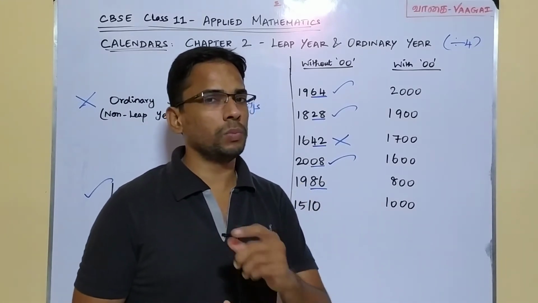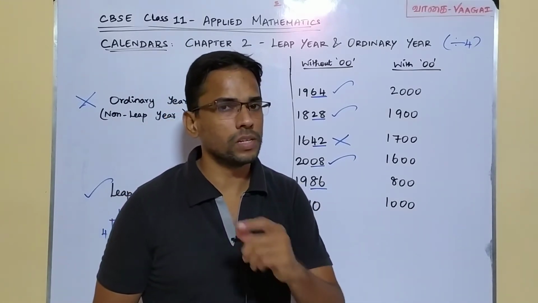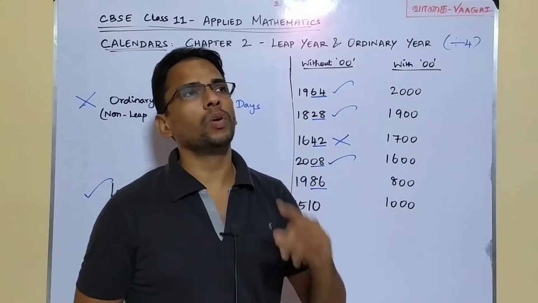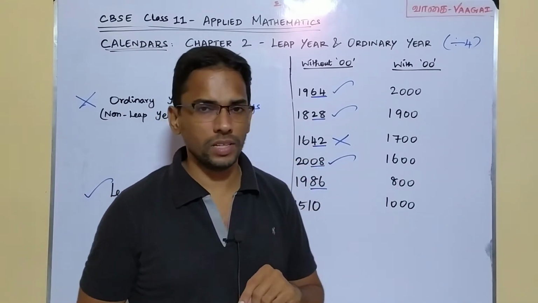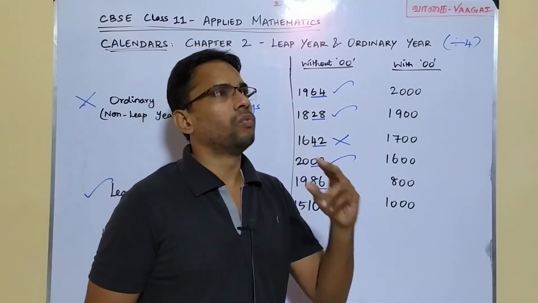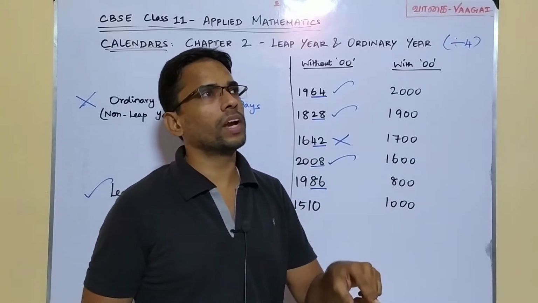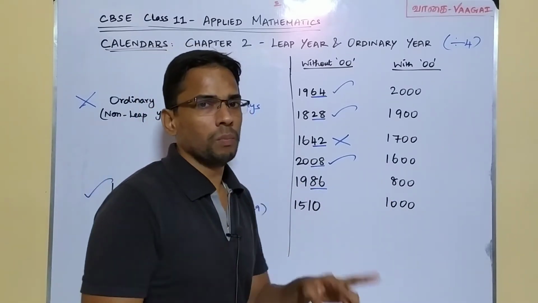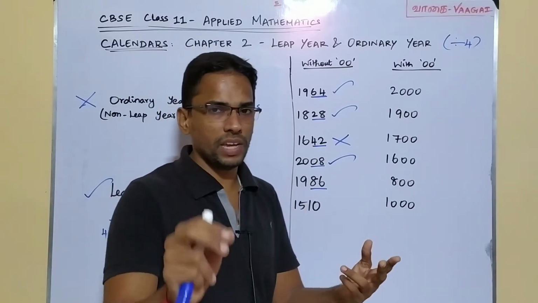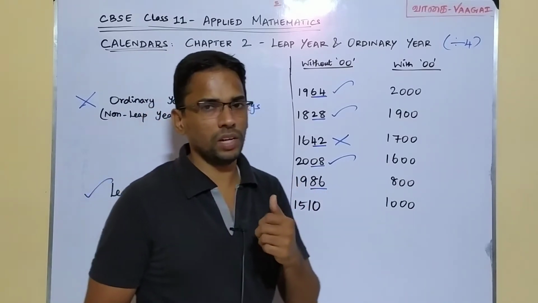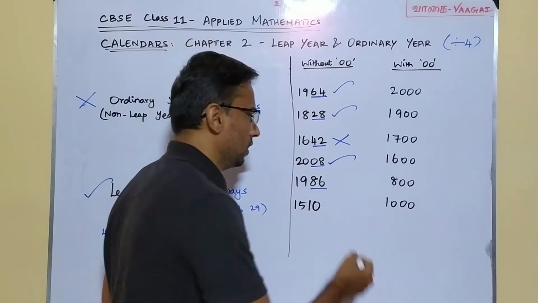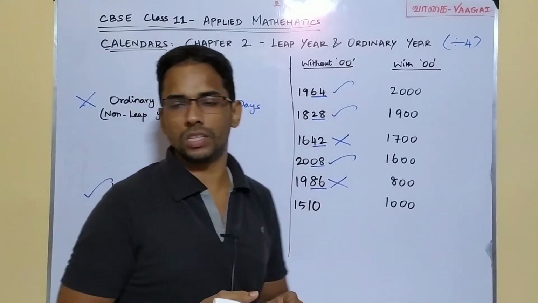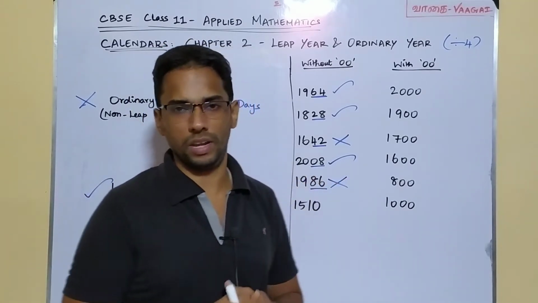Next, we have 1986, and that means our last two places we have 86. Is 86 divisible by 4? We can go up to 4 20s are 80, yes. Go once more. 4 21s are 84, right? Yes, 4 21s are 84, but 4 22s would give you 88, and again we observe that 86 is not divisible, and in that case 1986 is not a leap year, it is an ordinary year.